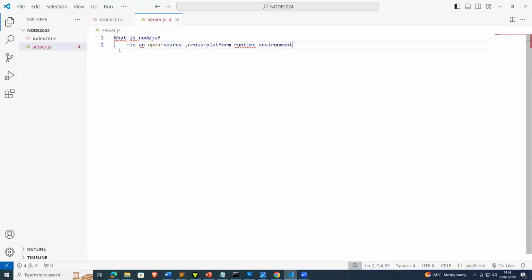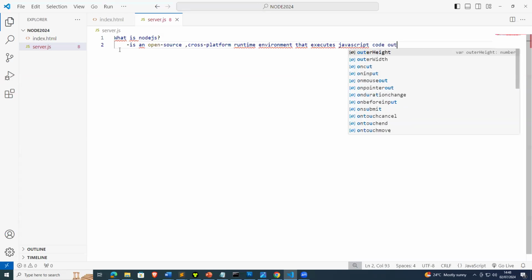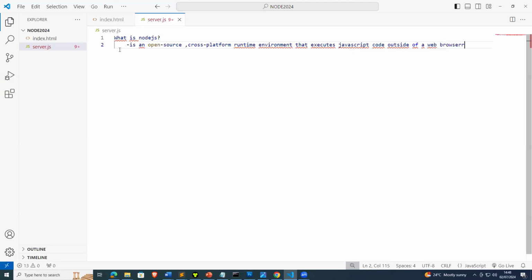In other words, you can say it is an open source, cross-platform runtime environment that executes JavaScript code outside of a web browser, outside of our browser. So this is actually the onset of you understanding what Node.js is. Now, when we talk about an open source, cross-platform runtime environment that executes JavaScript code outside